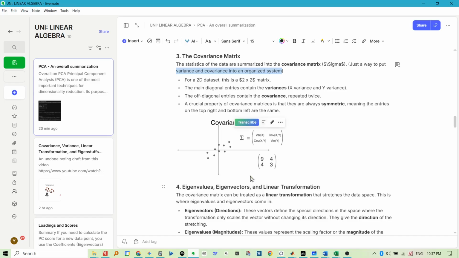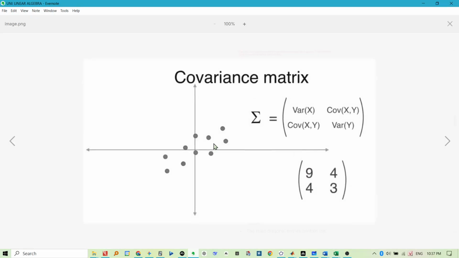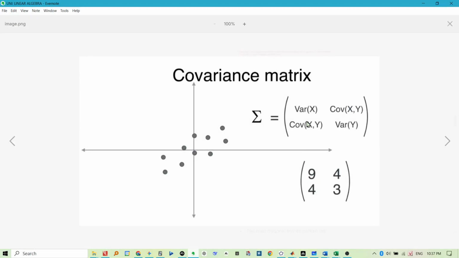So right here you can see the variance. Let me just zoom it out, easier to explain. The variance of x is 9 because by looking at the x-axis you can already tell why the value is so high, because the piece of data is more spread out on the x-axis and it is less spread out on the y-axis. If we just project all these points onto the y-axis, you can see that they are kind of